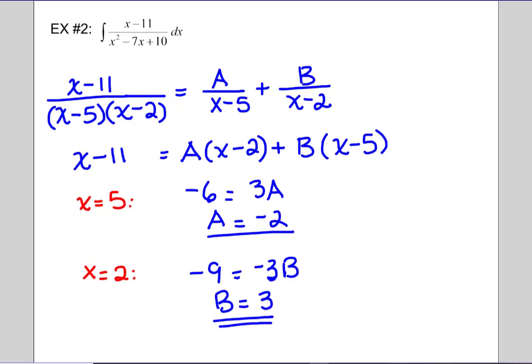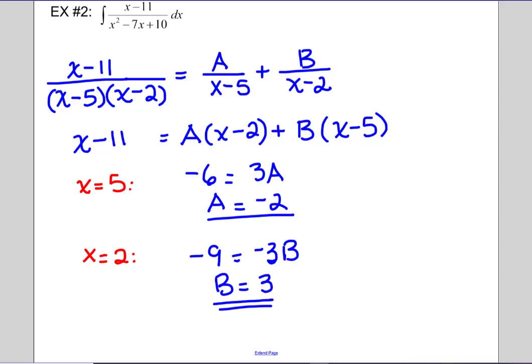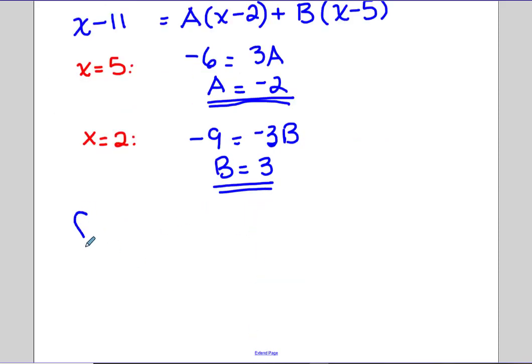So we've substituted zeros of the denominator on the left to find that a and that b. Right? We substituted the 0 here for 5 and the 0 here for 2, and that gave us the values of a and b. So next we want to integrate with a being negative 2 divided by x minus 5,